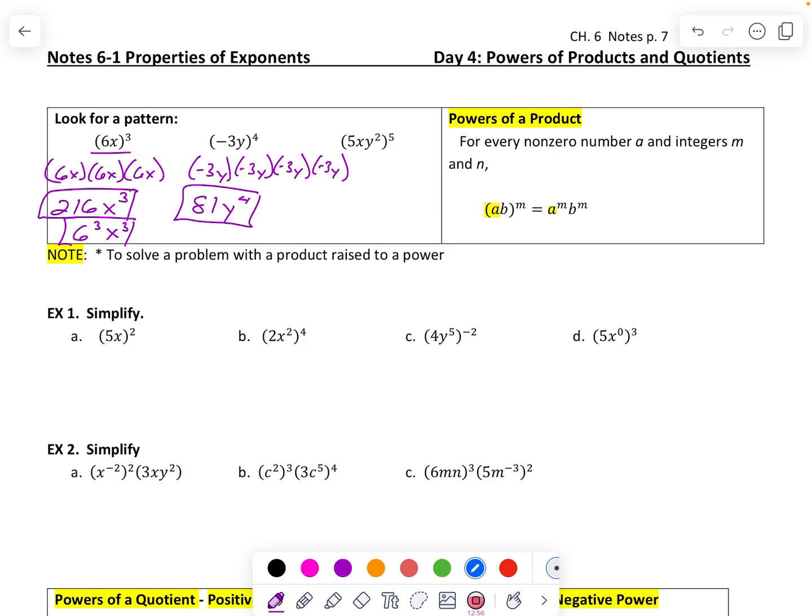And finally, we have each of these to the fifth. Well, that's a lot to write out. I think we can see, we're going to have 5 times itself 5 times, right? So 5,